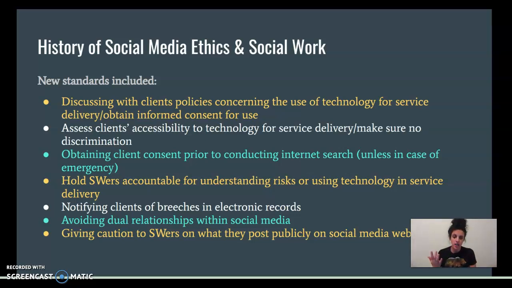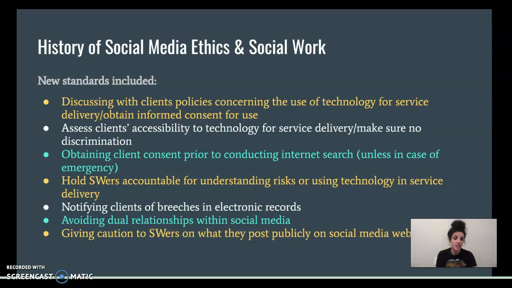And with that, electronic health records, at least that's what we refer to them as in clinical medical settings, there is the potential for security breaches. Anybody can hack into systems. Not everybody, but skilled hackers can get into systems. You might accidentally email somebody the wrong information. Transitioning to electronic notes probably helps social workers type faster and get their notes done quicker, but it does provide some vulnerabilities for the client. So we have to let them know that that exists, and that it's part of their services.